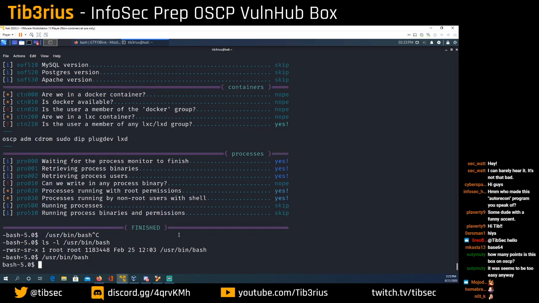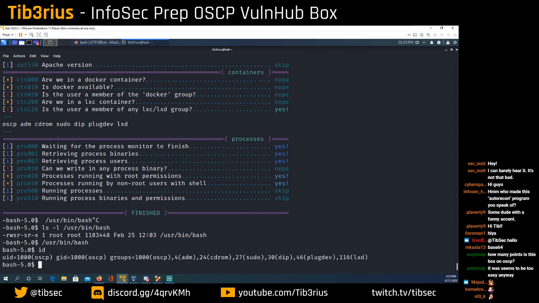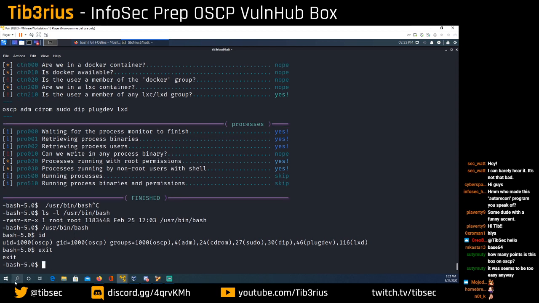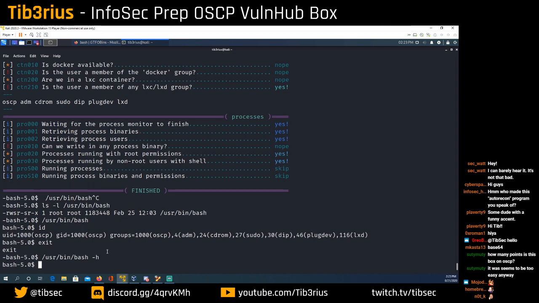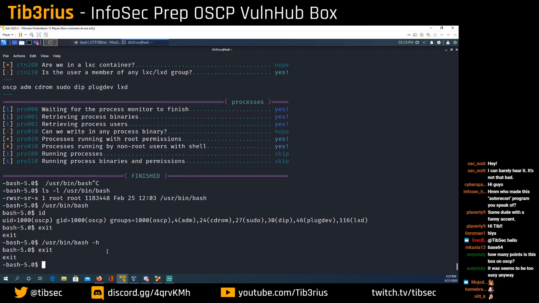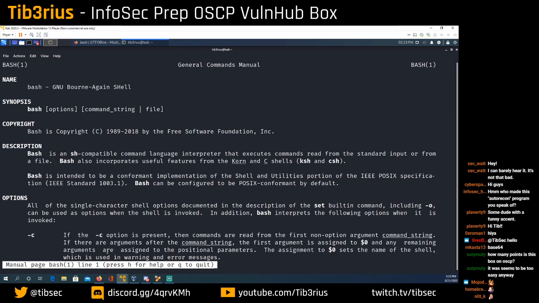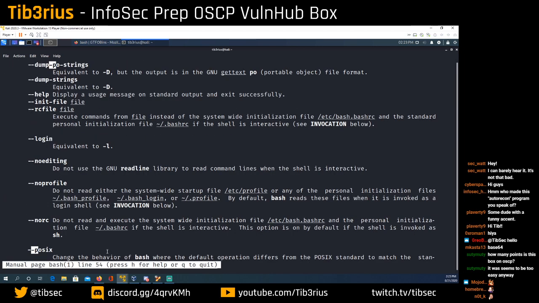But if we run it, we get a shell back, but we're still running as the OSCP user. There's no effective UID or anything like that. So it didn't really work. And this is definitely running a new one, because if we type exit, we get our other bash shell back. And the reason this happens, if you do man bash, I think, and search for -p,